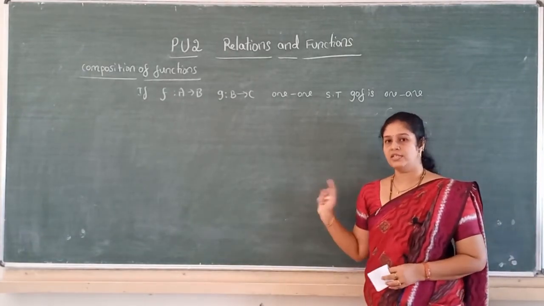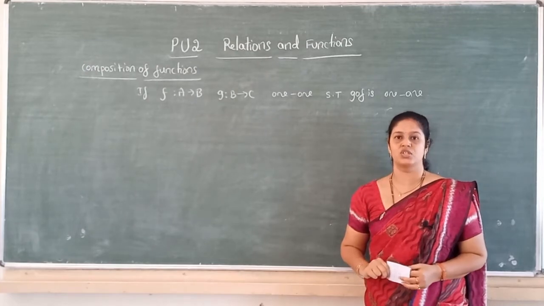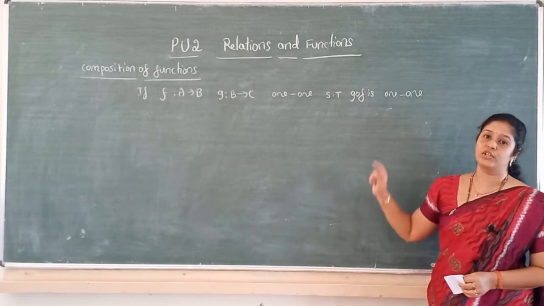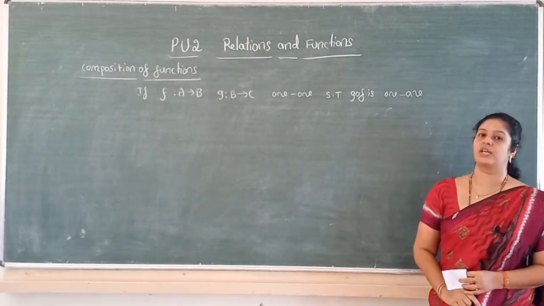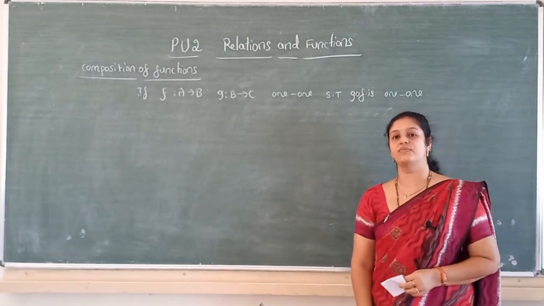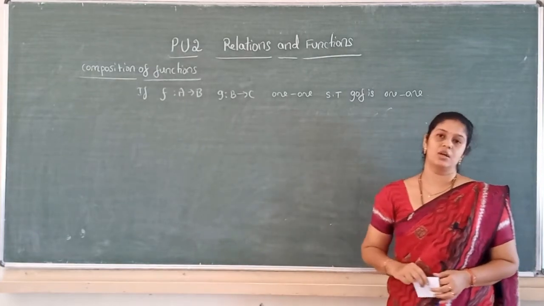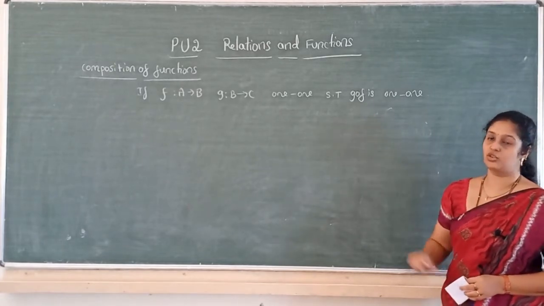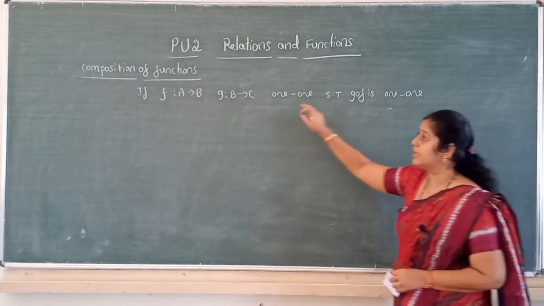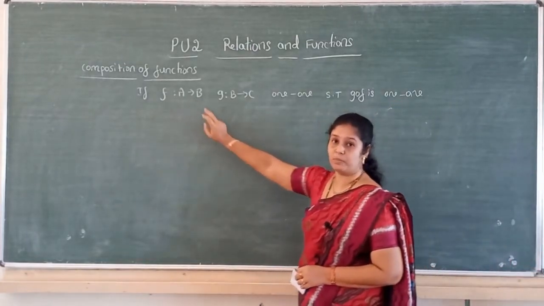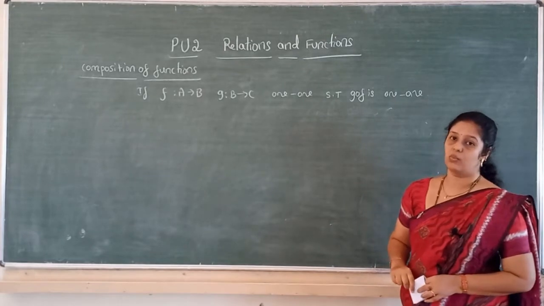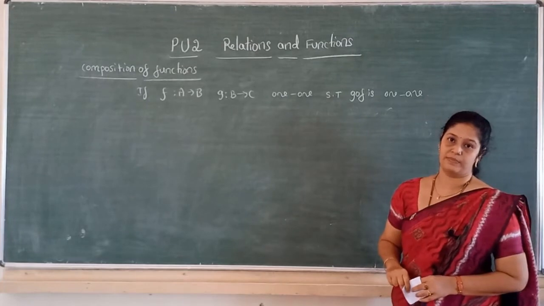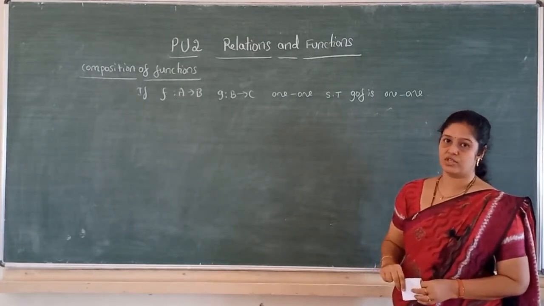Now, we already discussed what a 1-1 function, an onto function and a bijective function are in previous classes. We can also show that the composition of two functions is 1-1, and that it is onto. So what is the condition? The composition of two functions is said to be 1-1 when f from A to B is 1-1 and g from B to C is 1-1, then we can show that g of f is 1-1. So what is the definition of a 1-1 function?